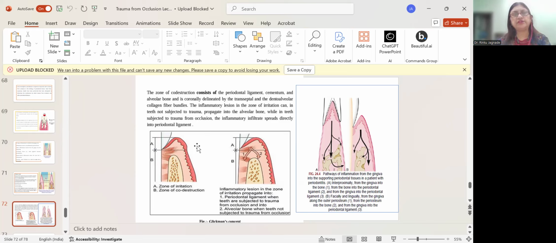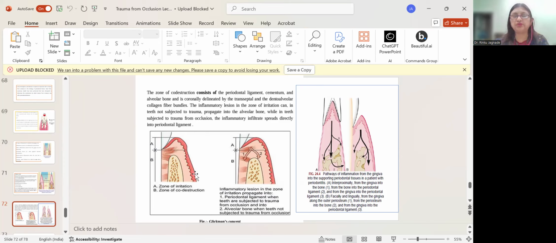While in the teeth subjected to trauma from occlusion, the inflammatory infiltrate spreads directly into the periodontal ligament. Now, in the zone of co-destruction, we have seen that periodontal supporting structures are present: cementum, alveolar bone, periodontal ligament. This lesion is delineated coronally by the transseptal fibers and the dentoalveolar fibers. Now, it says when this lesion becomes gingivitis, becomes periodontitis, and if this is not affected by trauma